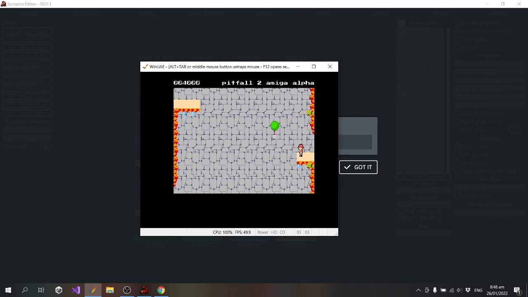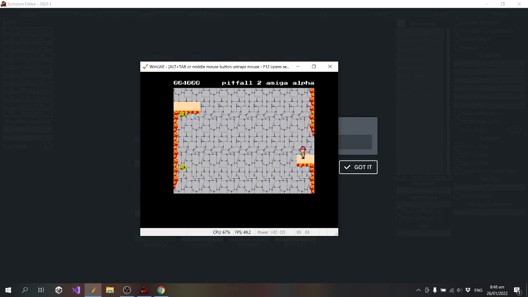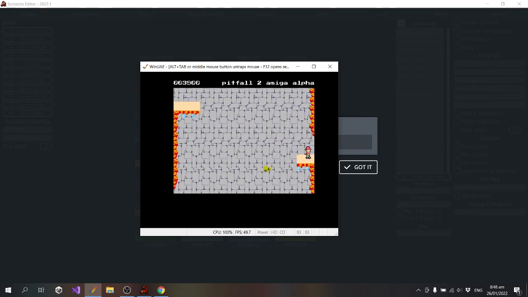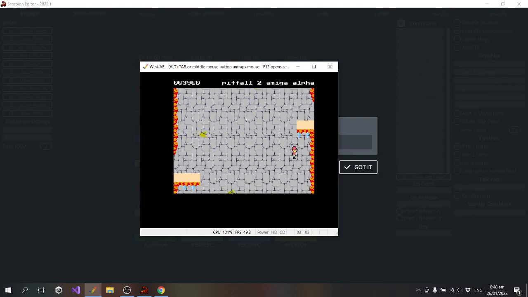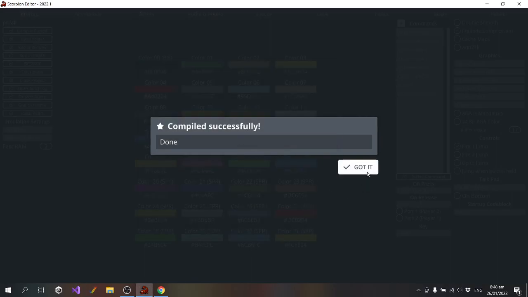Alright, let's try that. No, okay, that is a bit of a pain. It's not spawning new balloons anywhere. I'll need to look into my logic a bit deeper.